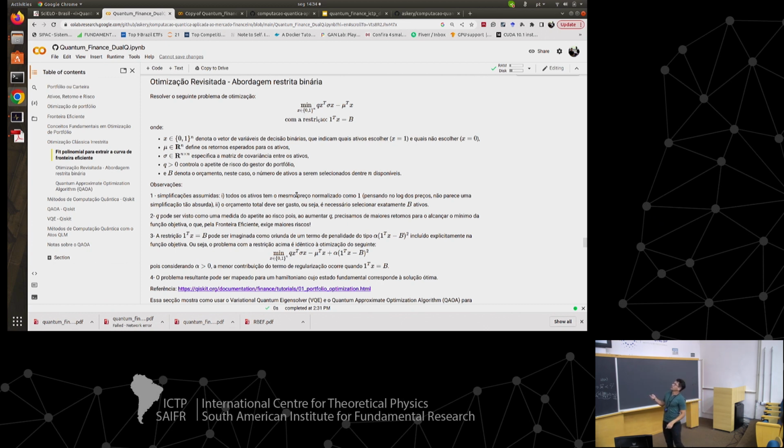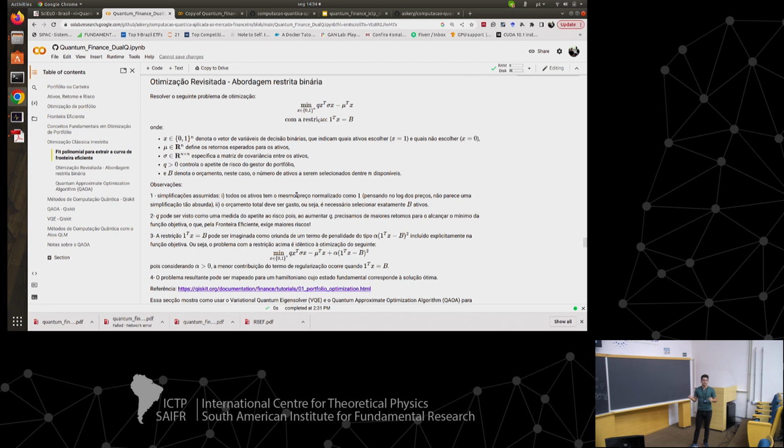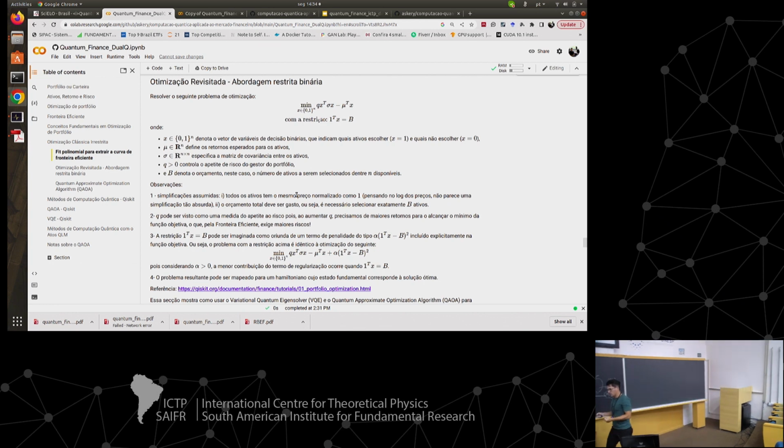So you define your cost function. Now I apologize to you guys, because this sigma here is the big sigma that I showed you in the morning. It's the correlations, how they are correlated. And here, again, it's the return, and x is this binary variable that I can include or not. And as I told you, the budget now is a bit different. It's how many stocks I should include.